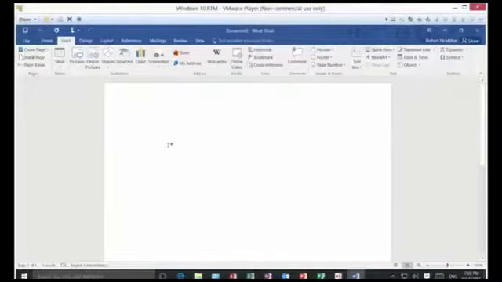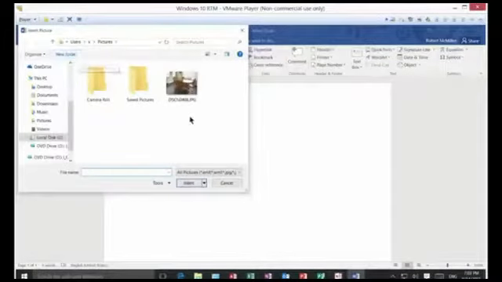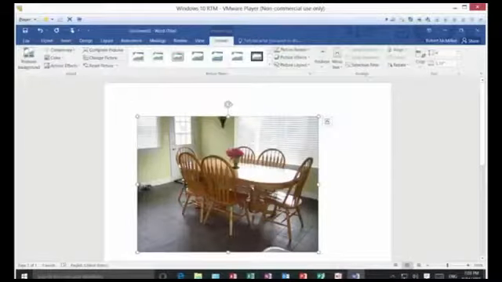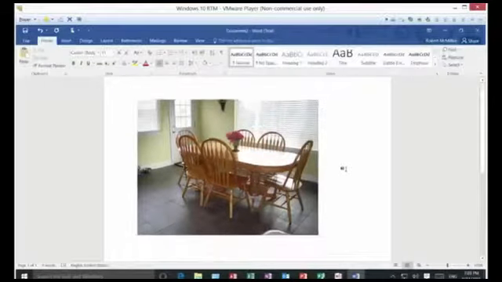We're in Microsoft Word 2016, and I'm going to show you how to insert and manipulate a picture in Word. So let's go ahead and click on the Insert button at the top in the ribbon, and then click on Pictures. And I've got one picture in here of a table and chairs in my house when I first moved in. So if we want, we can leave that picture just where it is and be happy with it, or